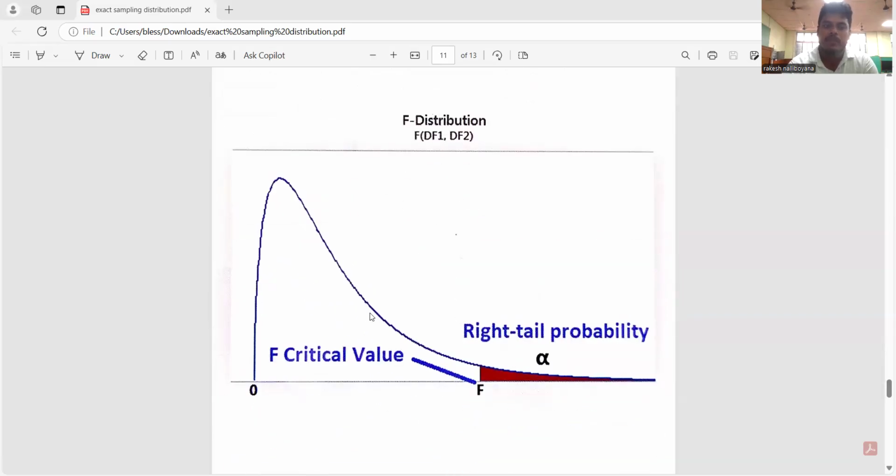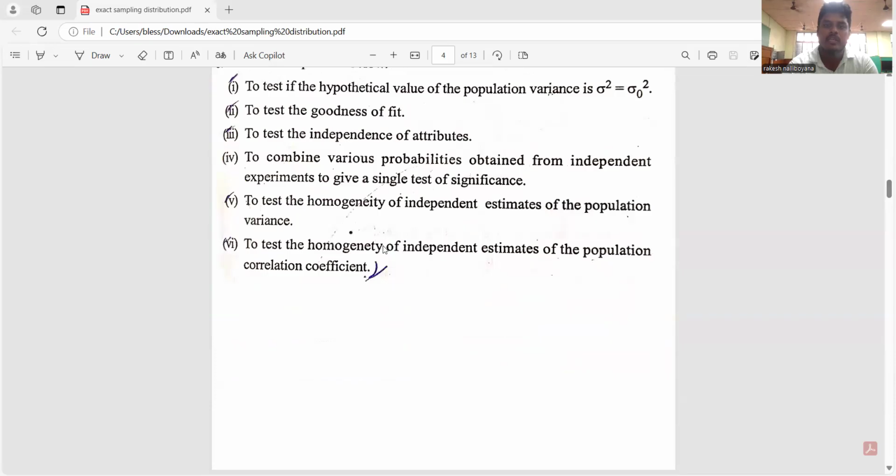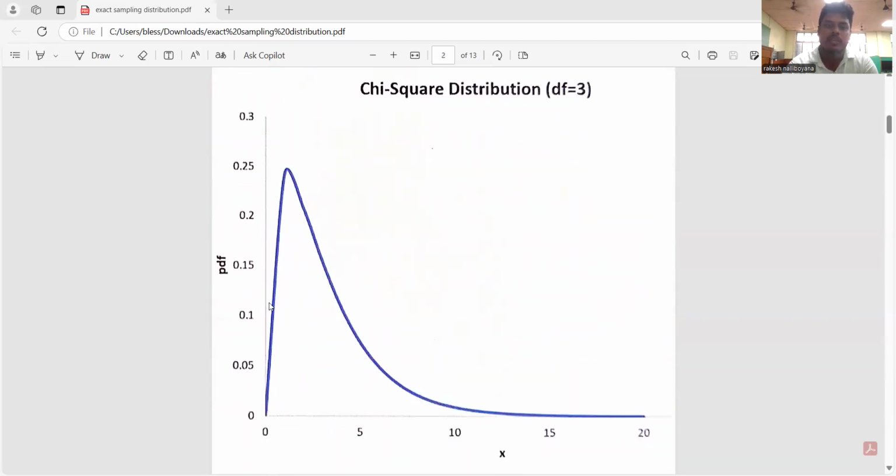There is a similarity between the F and chi-square distributions. Observe that the chi-square graph is similar to the F distribution graph. Why? Because both distributions follow the limits 0 to infinity. These two distributions tend to follow the normal distribution when the degrees of freedom are increased. For example, here for the chi-square distribution, with degrees of freedom df equal to 3, the graph appears like this. If the degrees of freedom increase to 5, 6, 7, whatever it may be, automatically